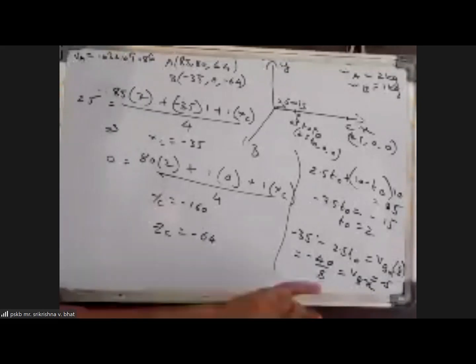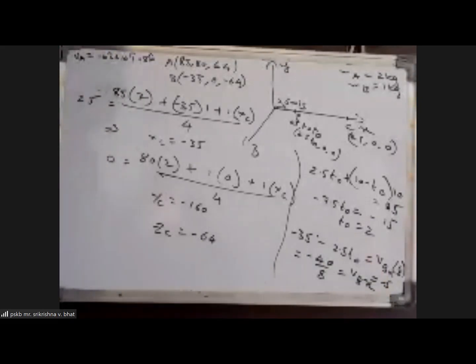And as you already know the velocity of A, you can just use the center of mass concept, because the velocity of the center of mass is fixed. It is 2.5 meters per second. So MA VA plus MB VB plus MC VC should be equal to the total mass into the velocity of the center of mass. Like we have got the velocity of B in x direction, we can find the other components of the velocity of B also, the Y and Z components.